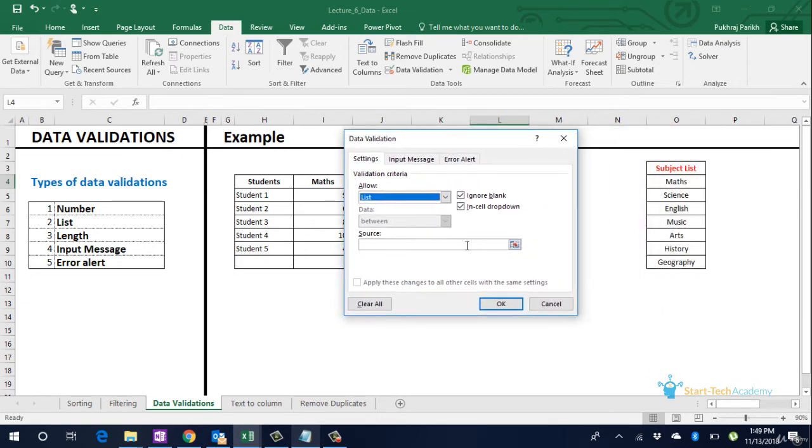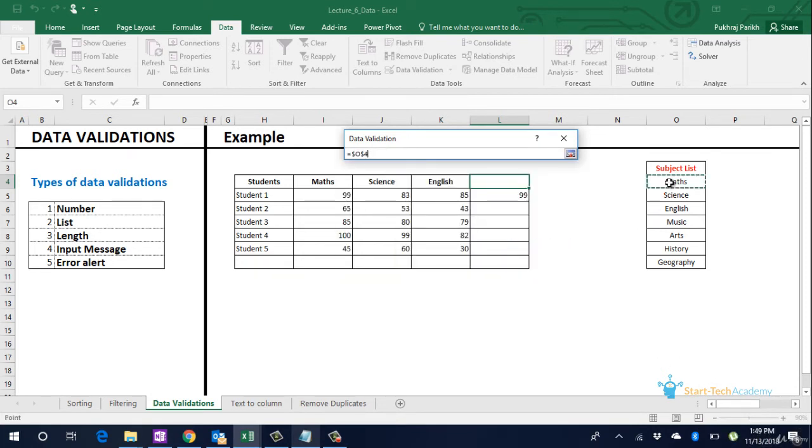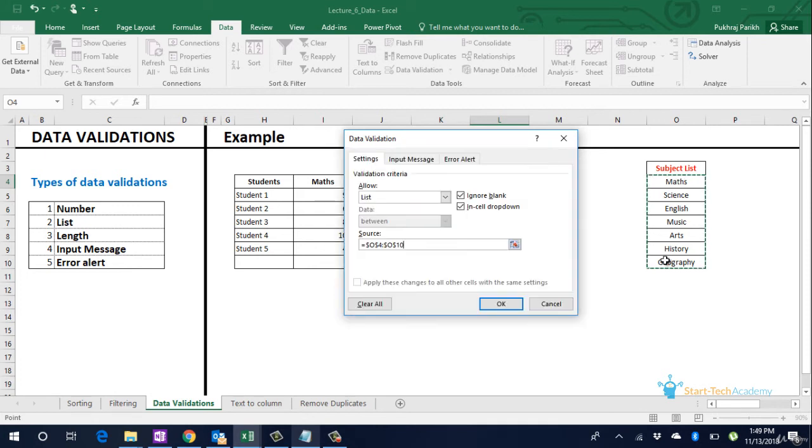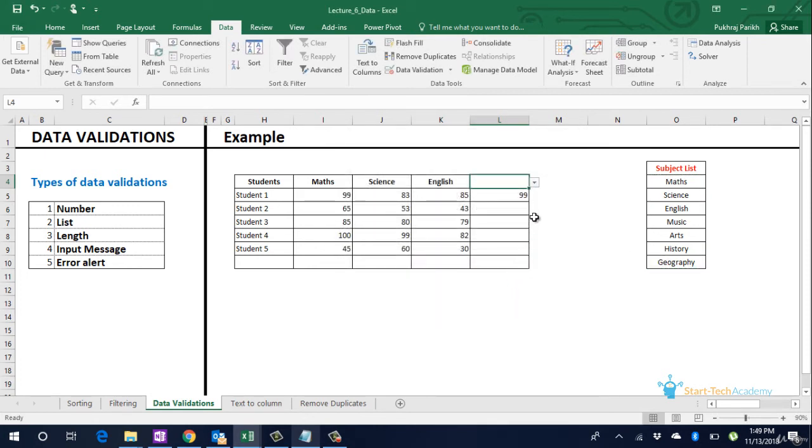In the source option, you can either mention all the subject list comma separated, or you can go and select the list in the Excel sheet that I have created. Click on OK. Now you can see a small drop down option in this particular cell. If you click this option, you can see all the subjects as a drop down. You cannot enter any other value for this cell.